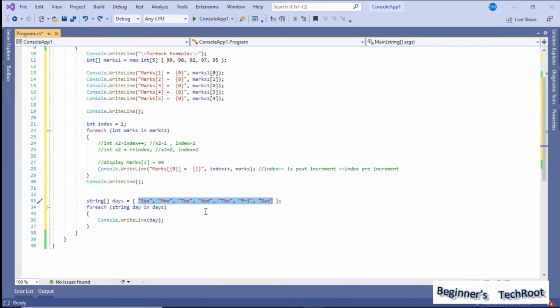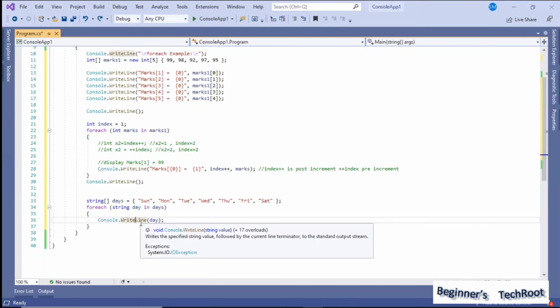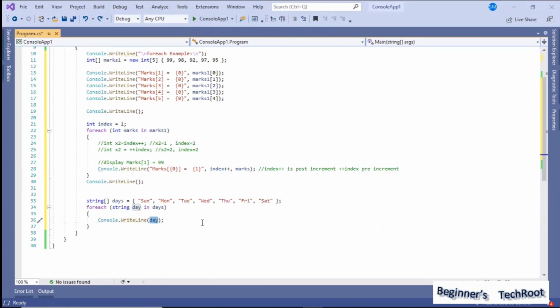Now what I am trying to do is display all these, Sunday, Monday, Tuesday, Wednesday, Thursday, Friday, Saturday, one by one. As a simple example, I am just writing on the screen SUN, MON, TUE like that.